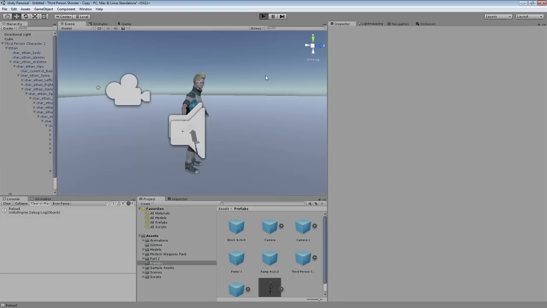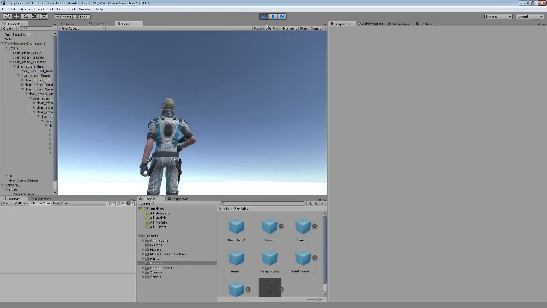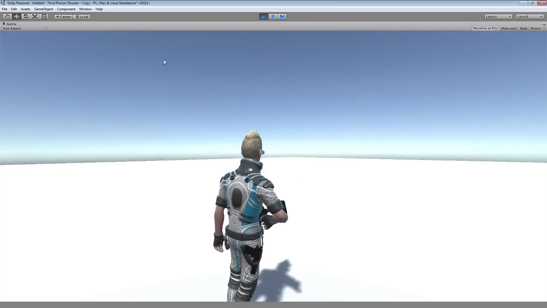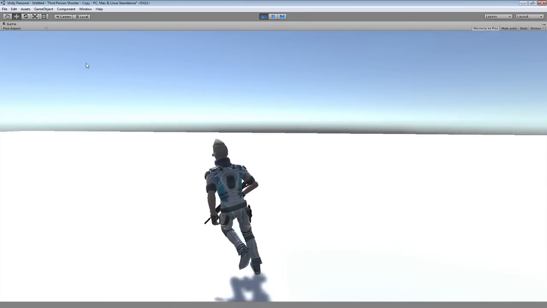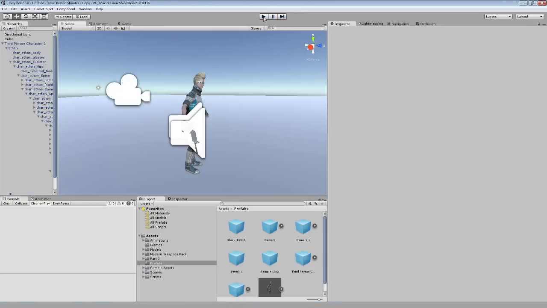And if we hit play right now, let's maximize that, you can see it looks way better. But of course, now we have pro features available. But before we go on, let me just mention that